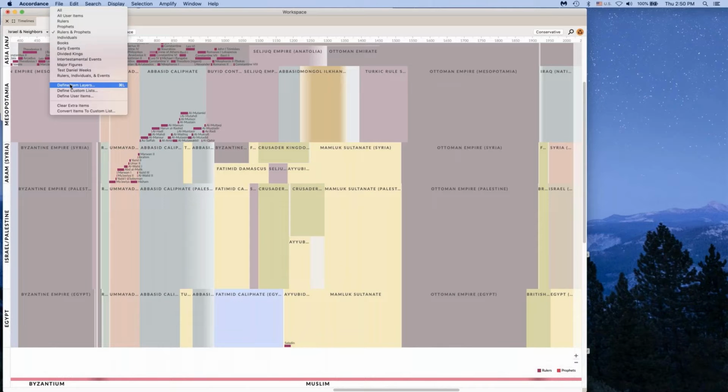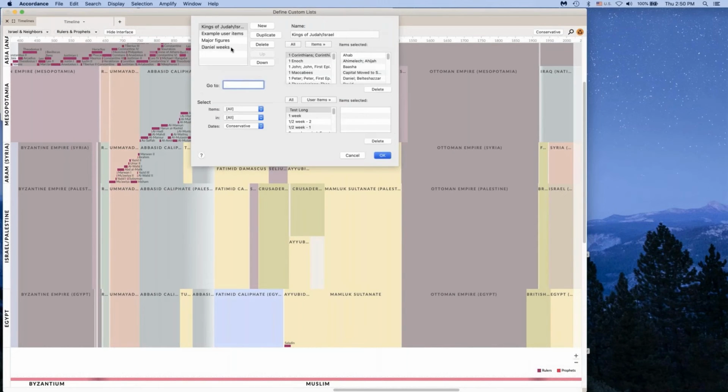I have define item layers, define custom lists, and this is where you can define your own name, and you can say, here's what I want to include in it. Like here's an example of the weeks of Daniel, and whoa, uh-oh,